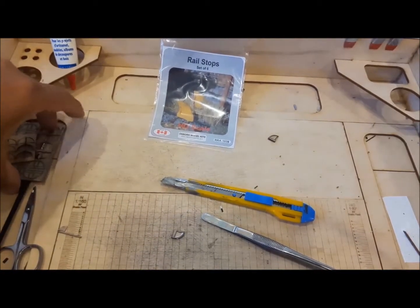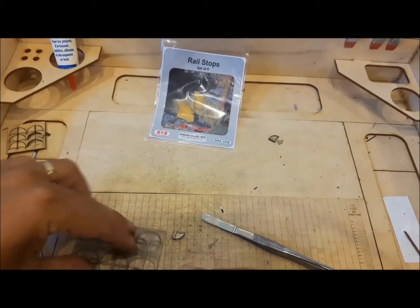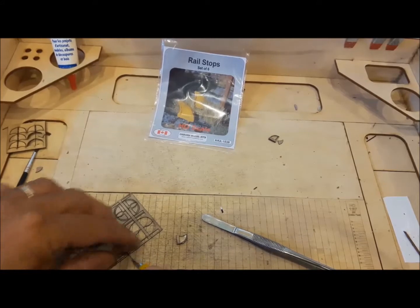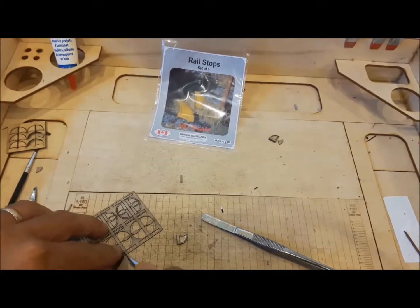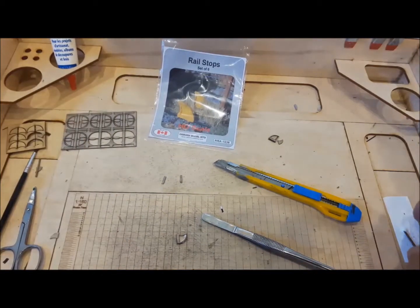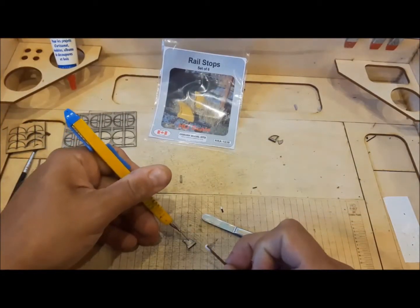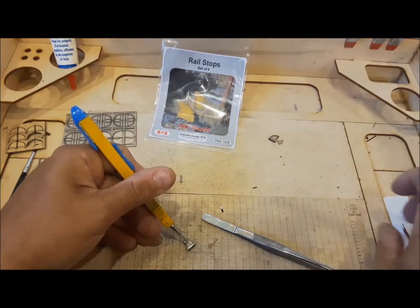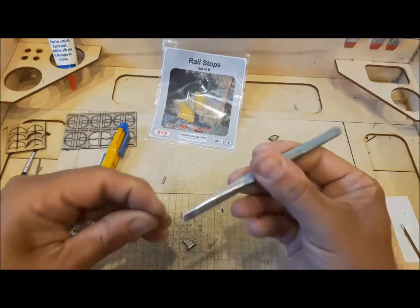So what we're going to do now is put on the little outer flange pieces. It's these little guys right here. Again, using just a little bit of white glue. I'm going to use a knife just to hold this down so it doesn't move. A little bit of glue along there. And take my little flange piece